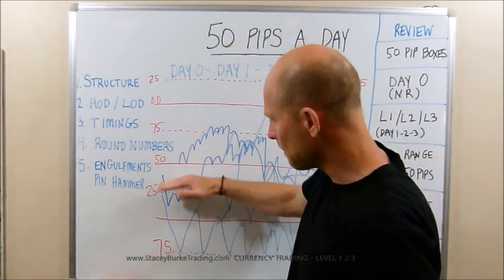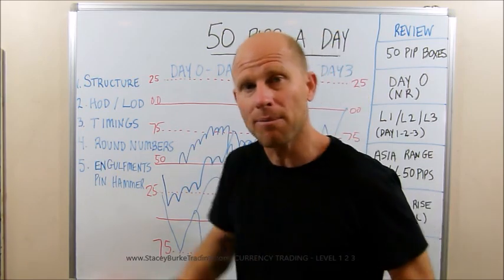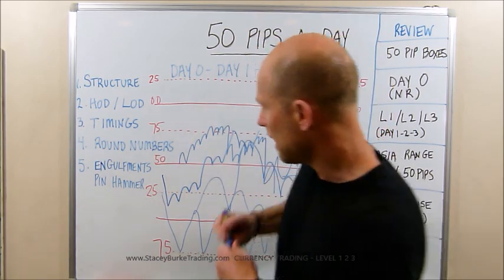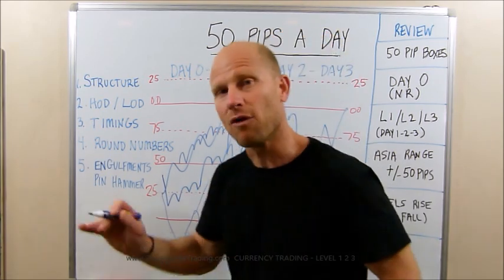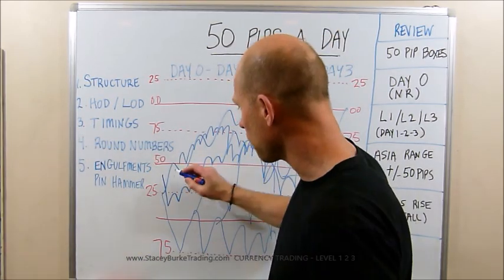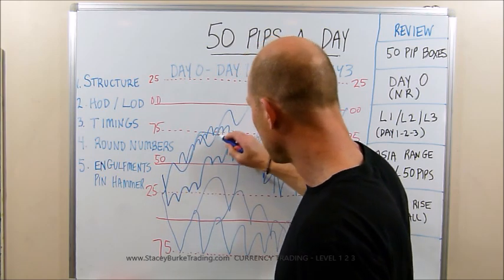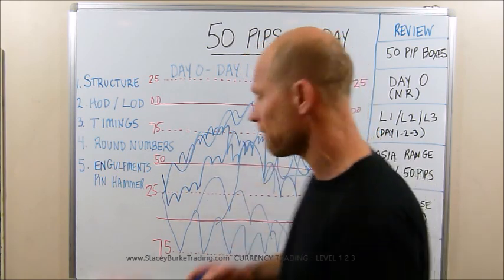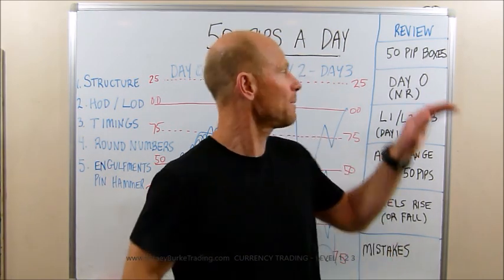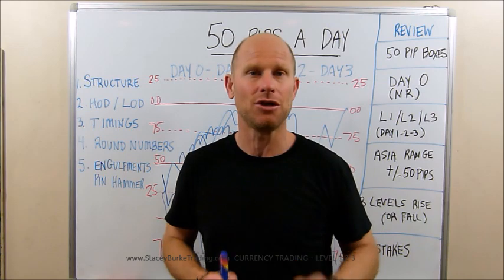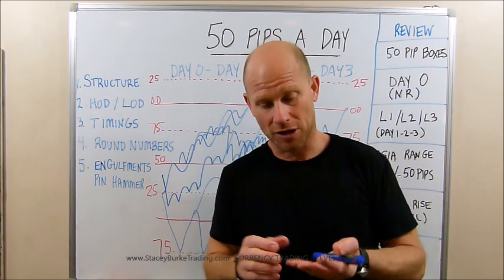Are we trapping volume down low for a move up, or are we trapping volume up high? Have they extended it out? We'll see this often on a peak formation at a weekly high or a weekly low, where they'll move at 25, 25, and 25 before reversing it off that 75 pip level. We're going to look at some examples of 50 pip boxes in the Asian range, because there are different scenarios,